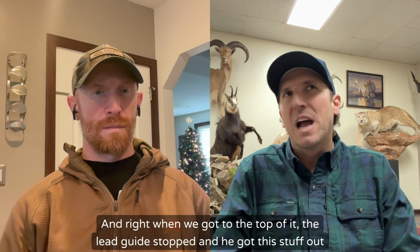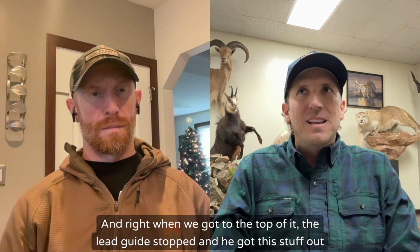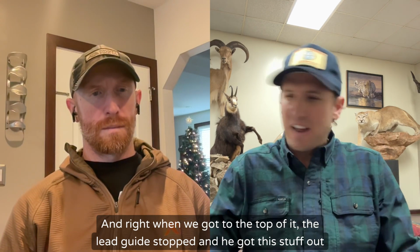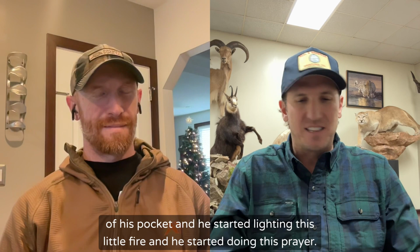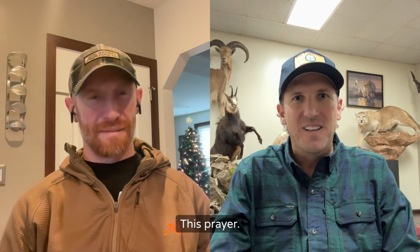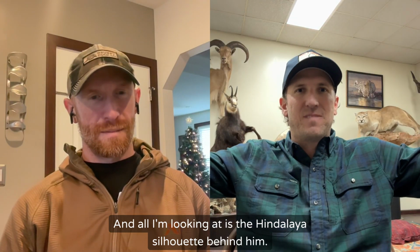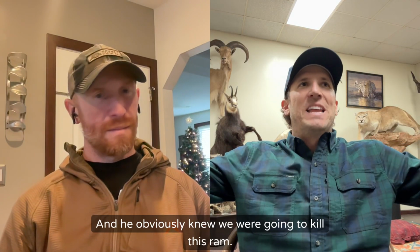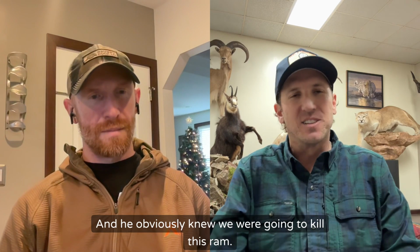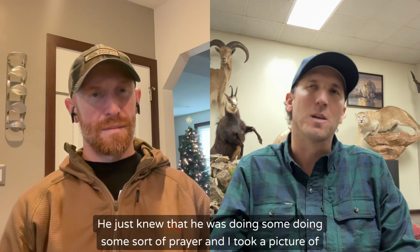And right when we got to the top of it, the lead guide stopped, and he got this stuff out of his pocket, and he started lighting this little fire, and he started doing this prayer. And all I'm looking at is the Himalayas silhouetted behind him. He's at the top of this mountain, and he obviously knew we were going to kill this ram. He just knew that. He was doing some sort of prayer,